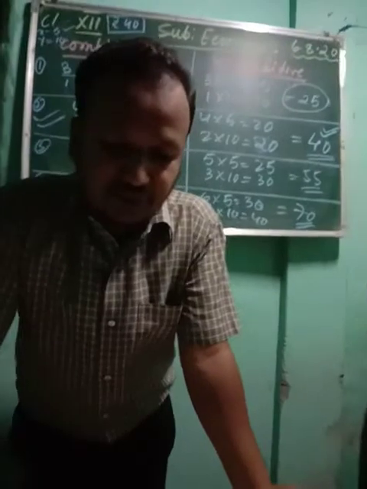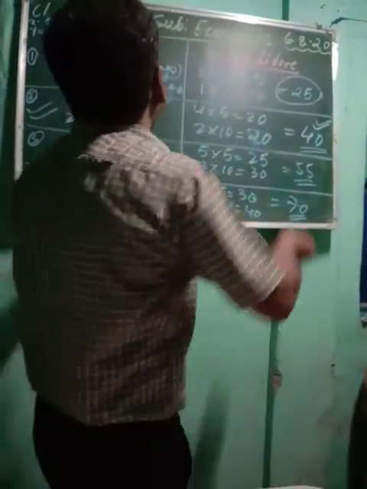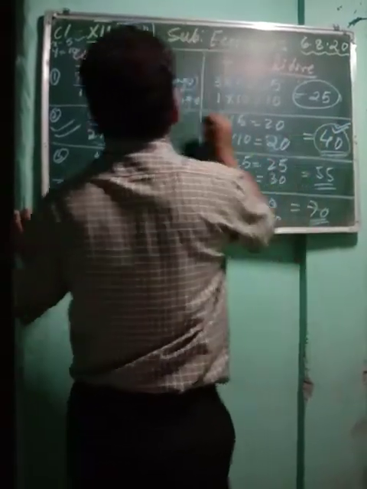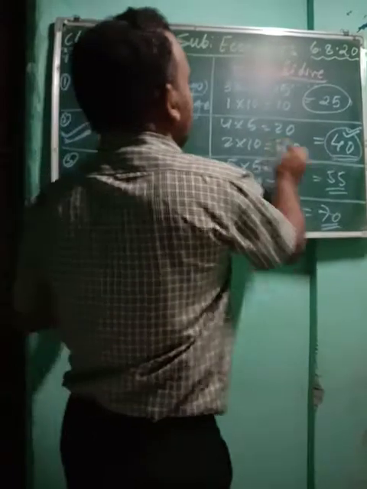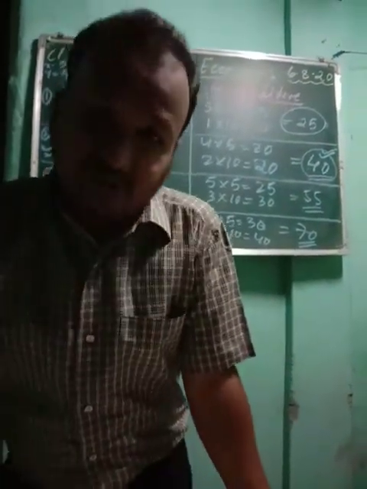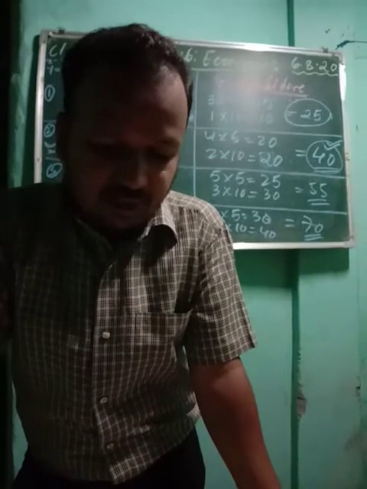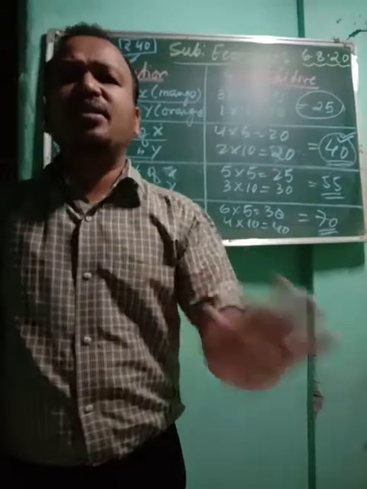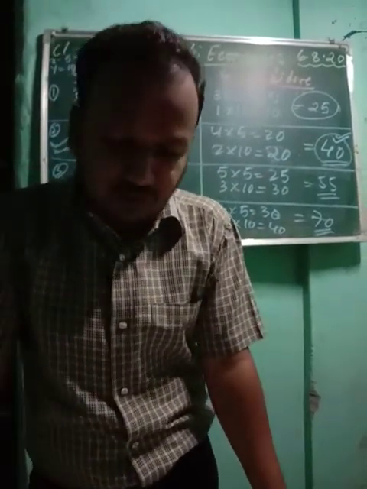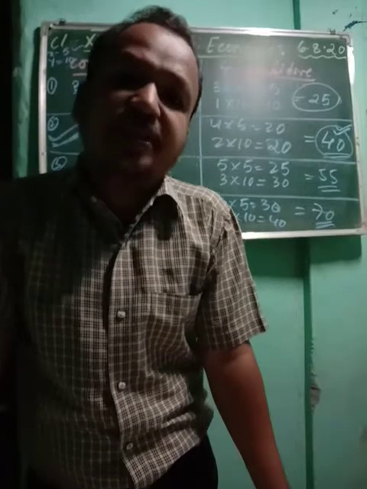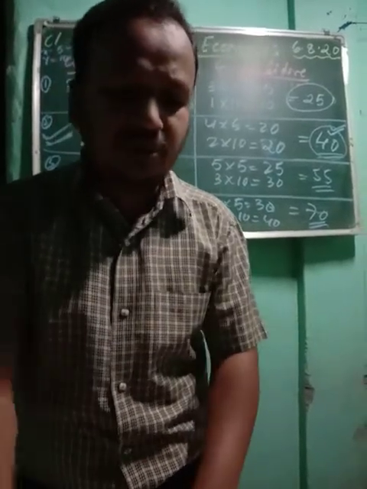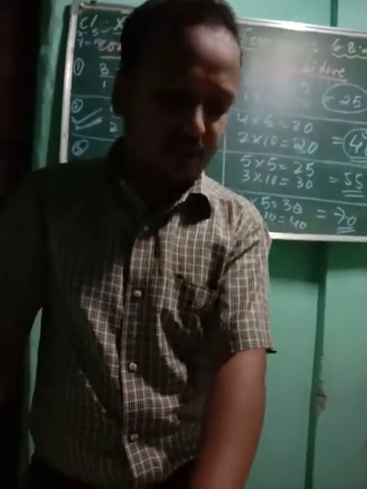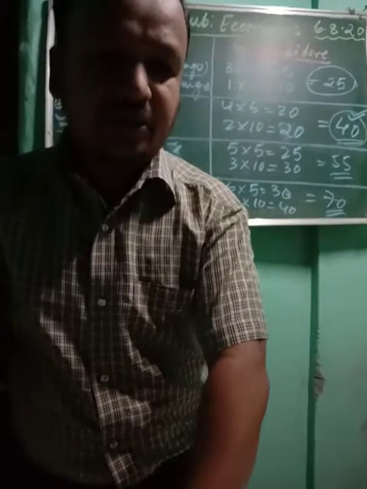Okay, and at the same time the consumer must spend the entire income. So you see his entire income was 40, so he is able to spend rupees 40 here. So in this case only, that means in combination 2 only, a consumer is going to attain equilibrium. Okay, so this was about your double case commodity. According to his income, when he is able to spend, he will get marginal utility. That means consumer equilibrium will take place. You will keep this in mind about double case commodities.